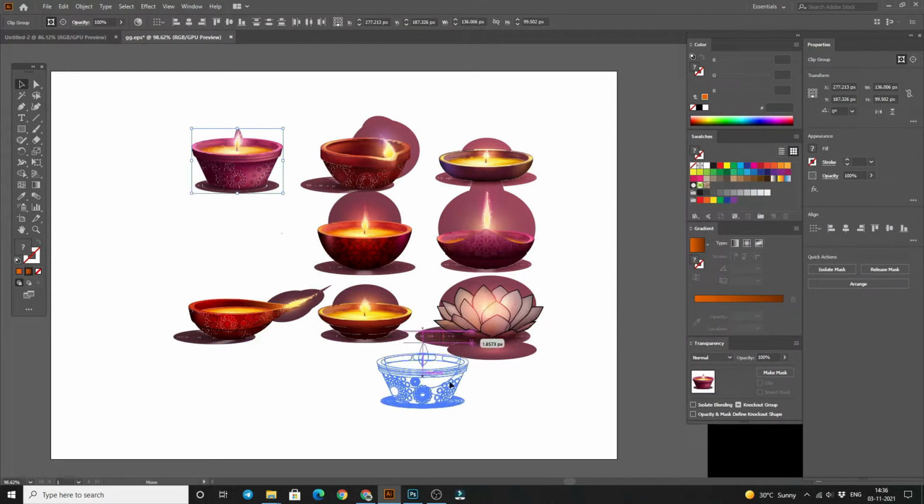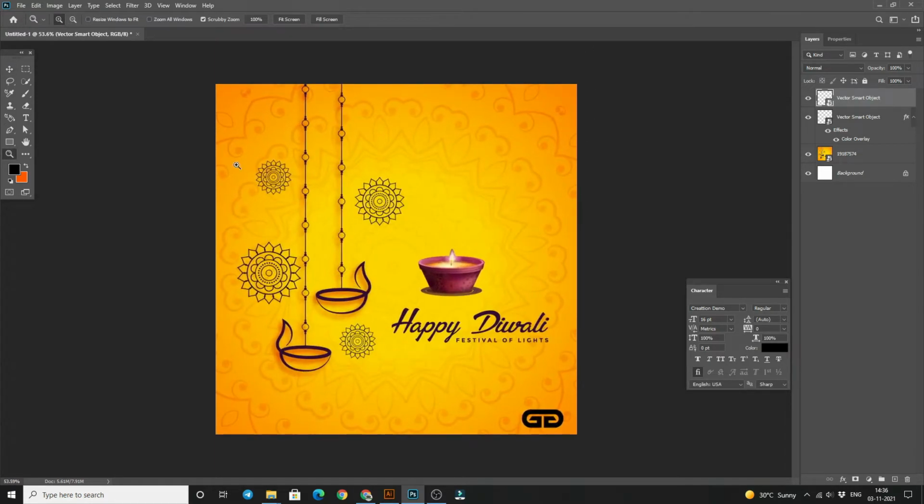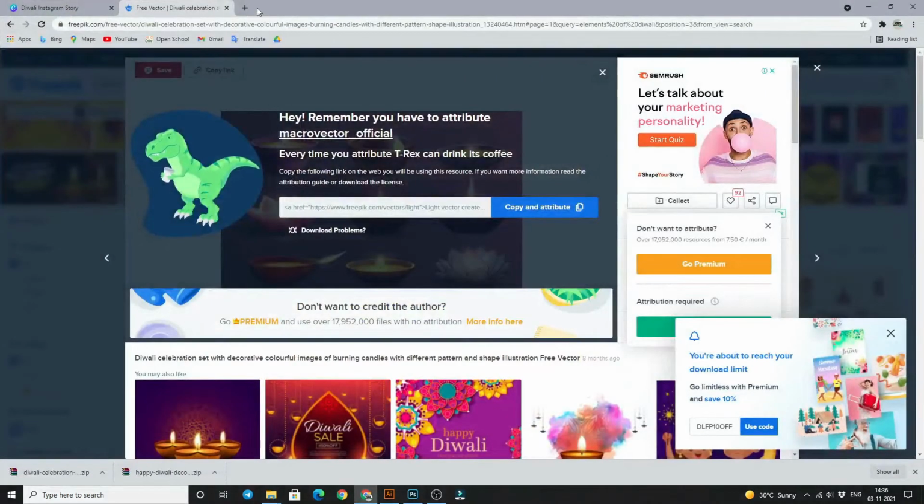Then our PNG is completed, and now we can add that thing here, like this, and we can edit it a little more like this. And if we want to paste any quote in this, then we can also do that.